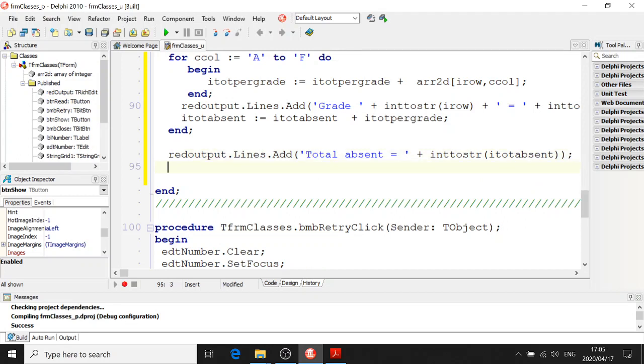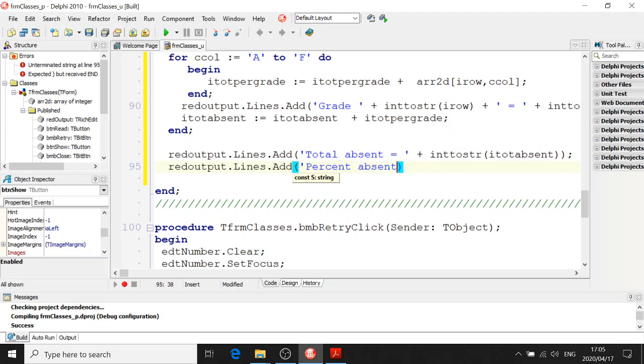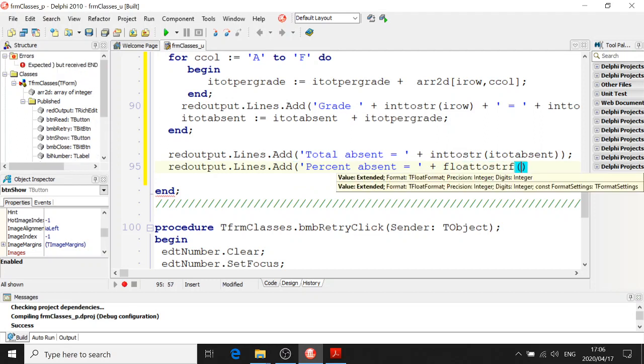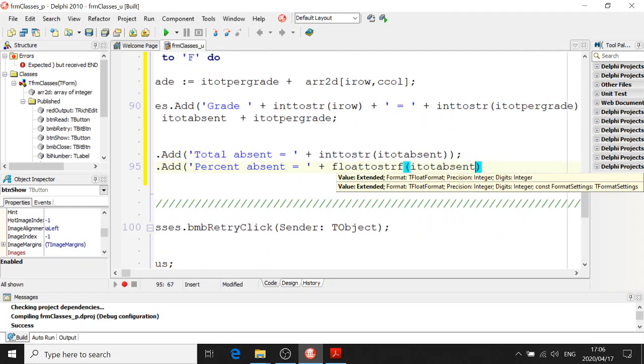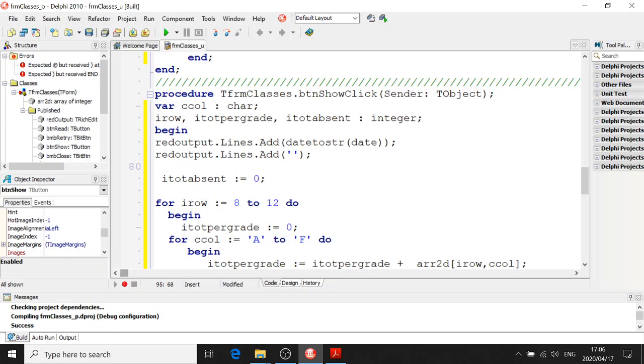Then we're going to display our percentage. I'm going to calculate it while I'm putting it in. Lines.add percent absent equals plus float to string f, and I'm going to say r tot absent divided by what is our variable for